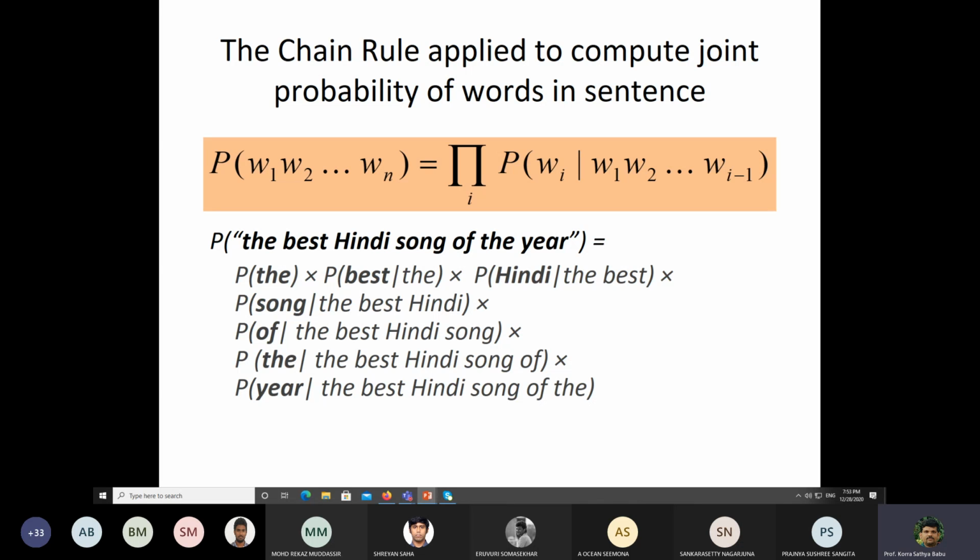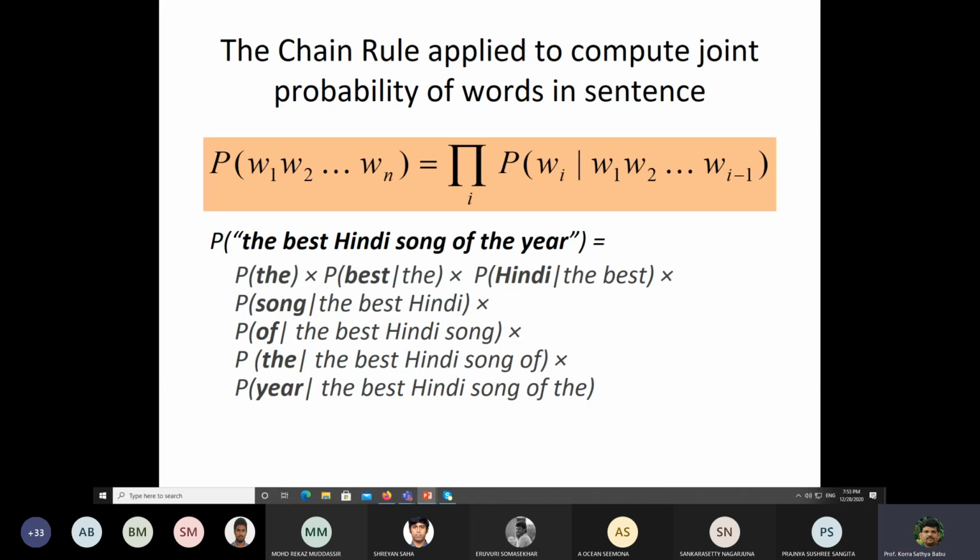What is the probability of "Hindi" occurring given the first two words are "the best"? Into the probability of the fourth word being "song" given the first three words are "the best Hindi",